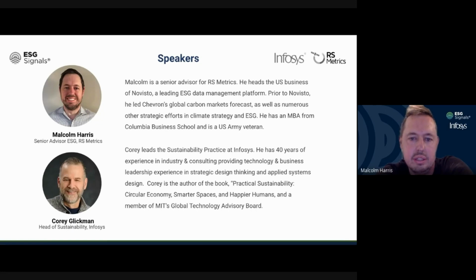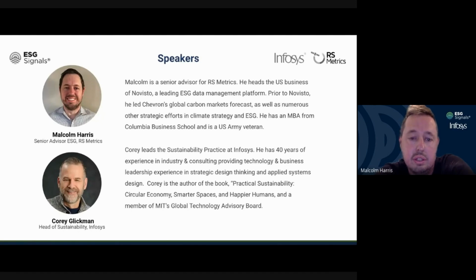Investors need this data, they want this data. They want the ability to assess climate risk, physical risk, transition risk, but they don't have it. And ultimately, it's going to have to come from the corporates, right? They're going to have to measure it, which is really where RSmetrics and Infosys come in, right? Because again, they're providing rigorous financial data. They're not really doing that yet for ESG data, and we'll see what that looks like in a case study that I'll talk through on Caterpillar.